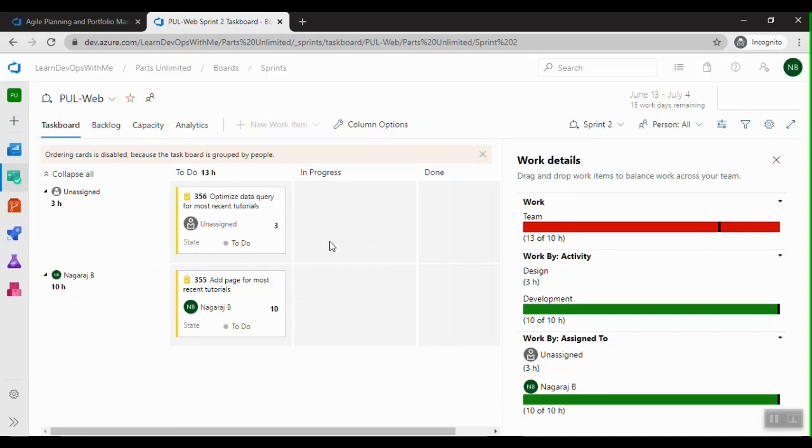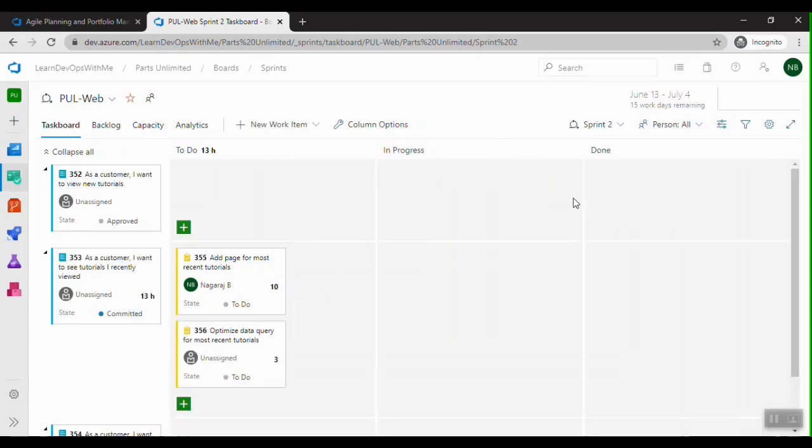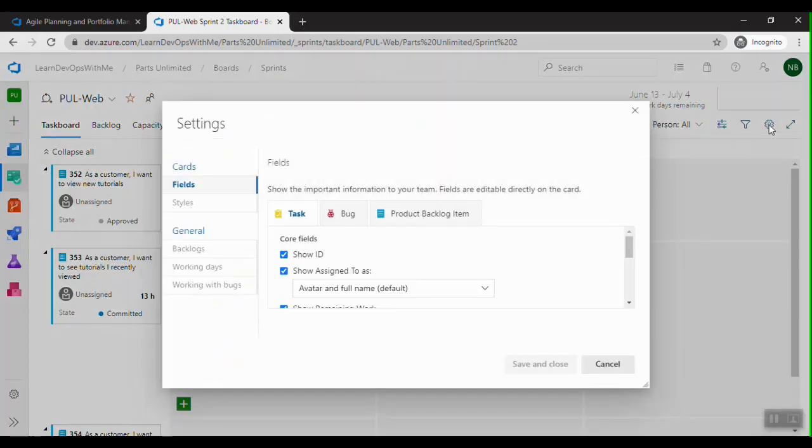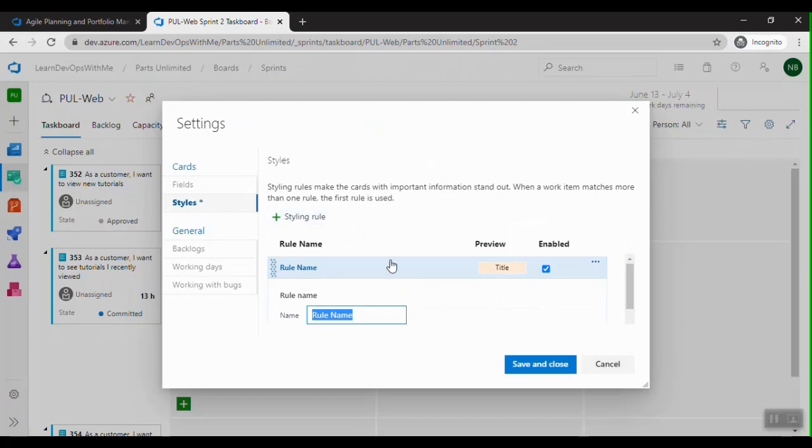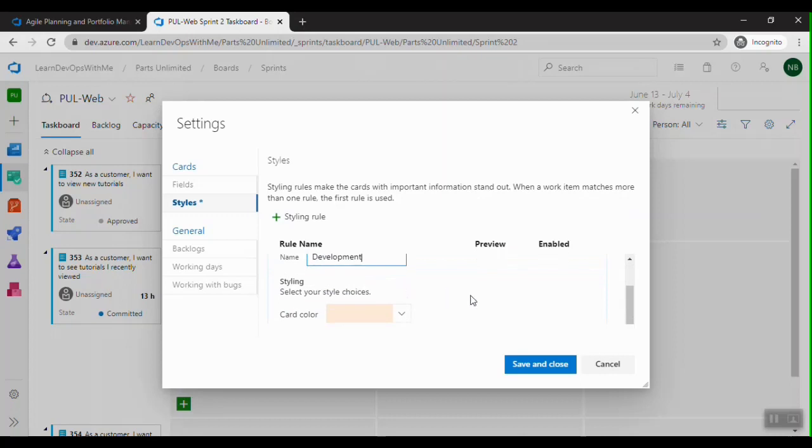Okay, and we can even change the settings for the board where we want to highlight certain things. So let me go to the configure team settings option, and you can see we can add the fields that can be shown here on the cards, or I can go and add a style where, let's say, I want to add a rule called development.